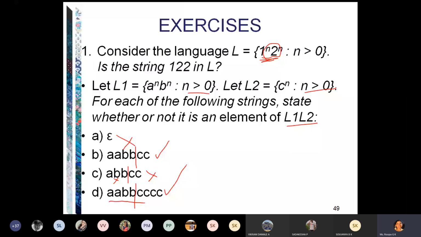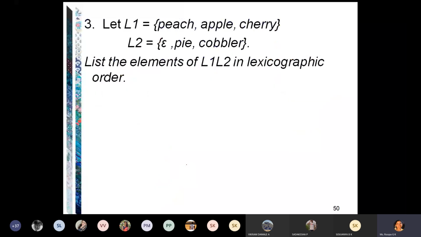Lexicographic order. What is lexicographic order? Previous class concept. Can you define lexicographic order? There are 2 points you need to remember. What is the first point? Prajwal. Lexicographic order means what? Samiksha Jain.